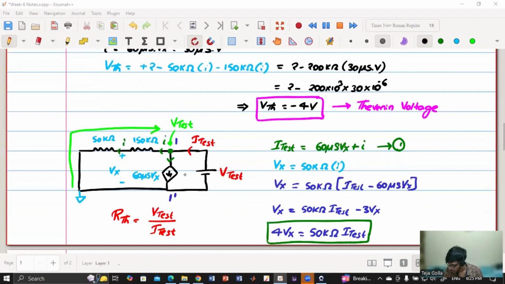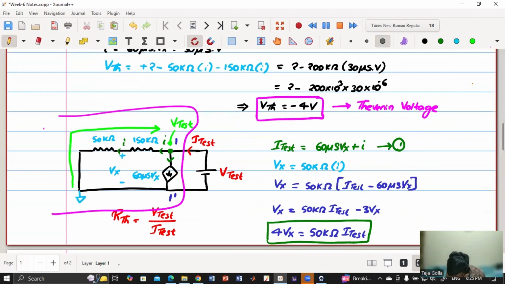Because if we consider this entire thing as a resistor RTH, then what is my V test? R Thevenin into I test, right? So that's what we are using over here. So that entire thing is replicated as an R Thevenin, and we have to calculate the ratio of V test